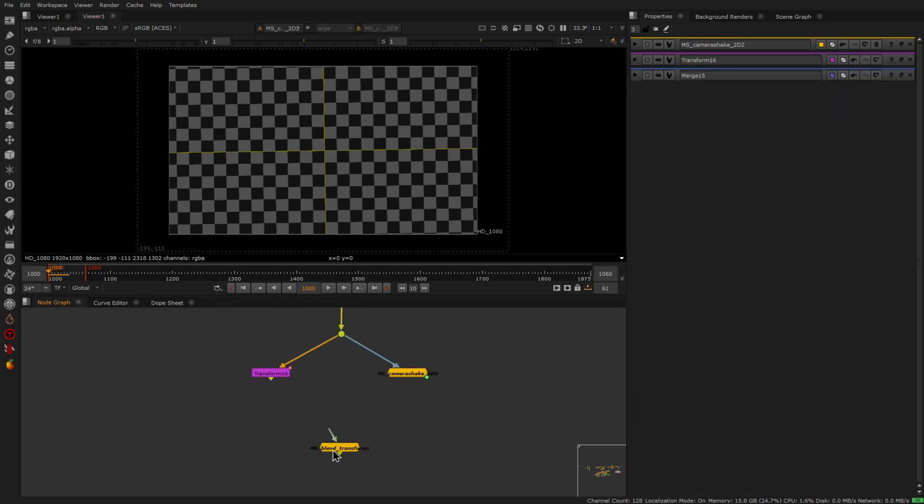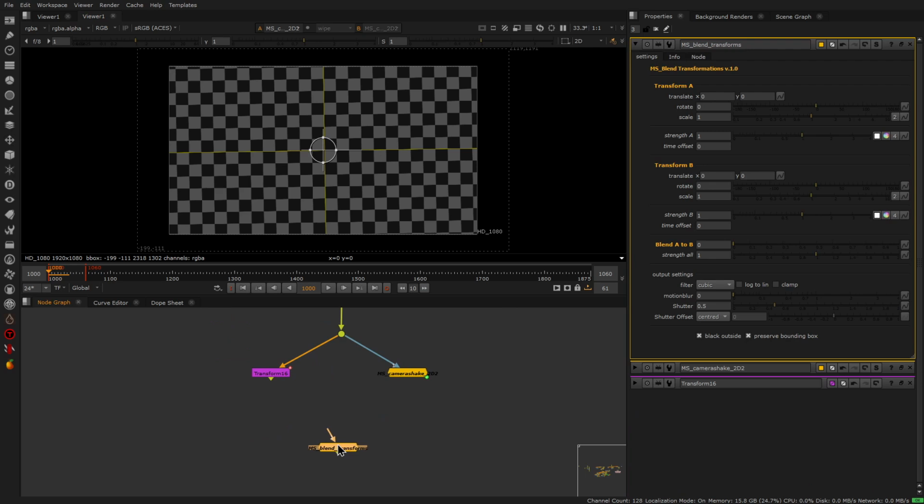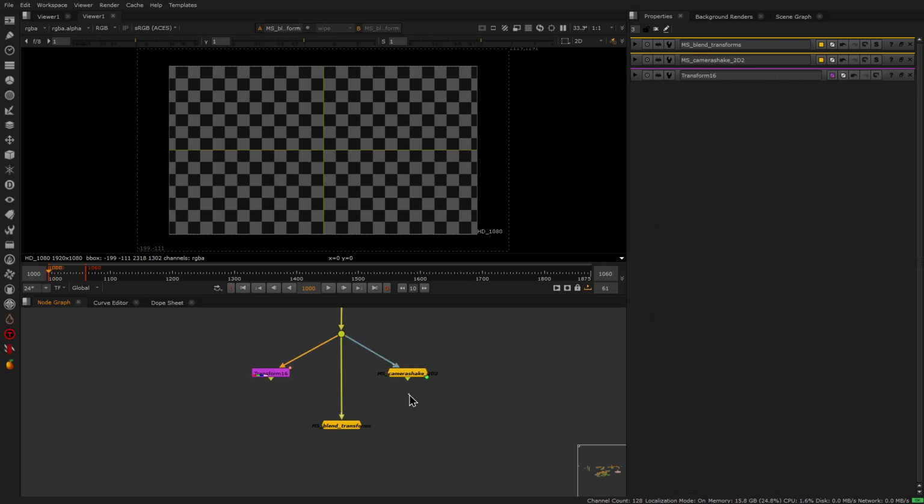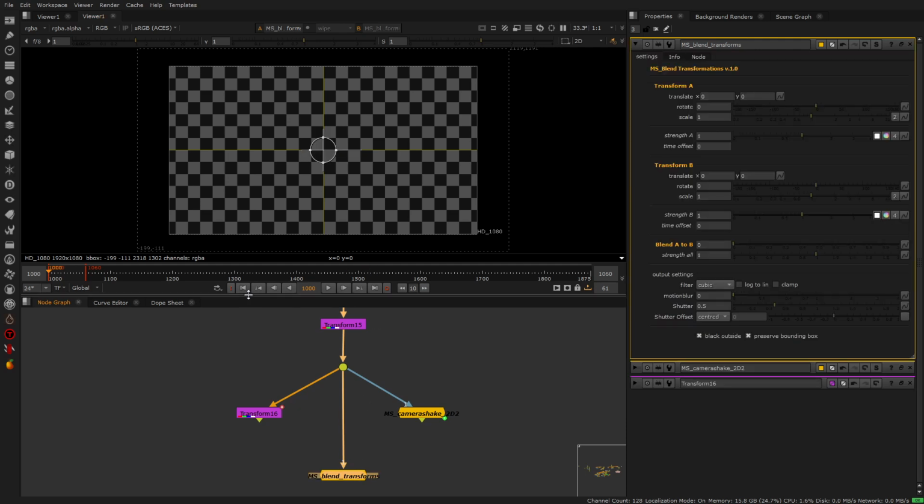So let's do that. I have a blend transform node here. So this is the interface. And this acts as a single and individual transform. So this is going to be the output of your comp, and these nodes are just on the side. They're just there to provide information, but not to be used actually. So right now, when I play it, you're not going to see any movement because we didn't feed any data